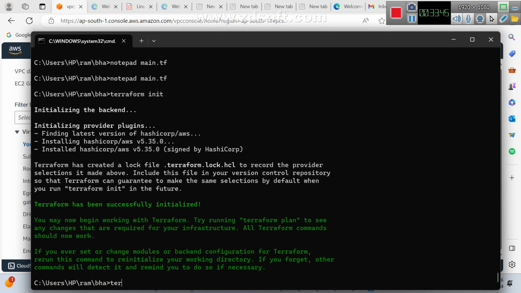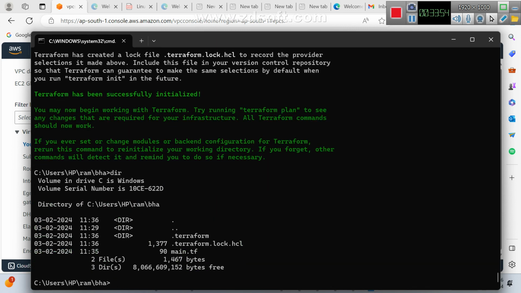Now check if the terraform.tfstate file is created or not. dir. Check it and tell me. Was the terraform.tfstate file created? No. When will it be created? If you do terraform apply, then only the tfstate file will be created. Are you agree with me?